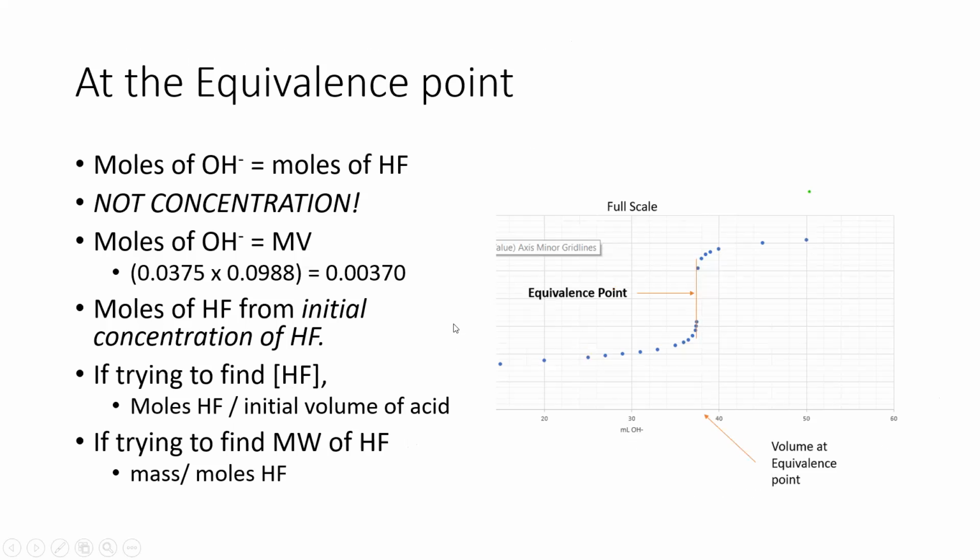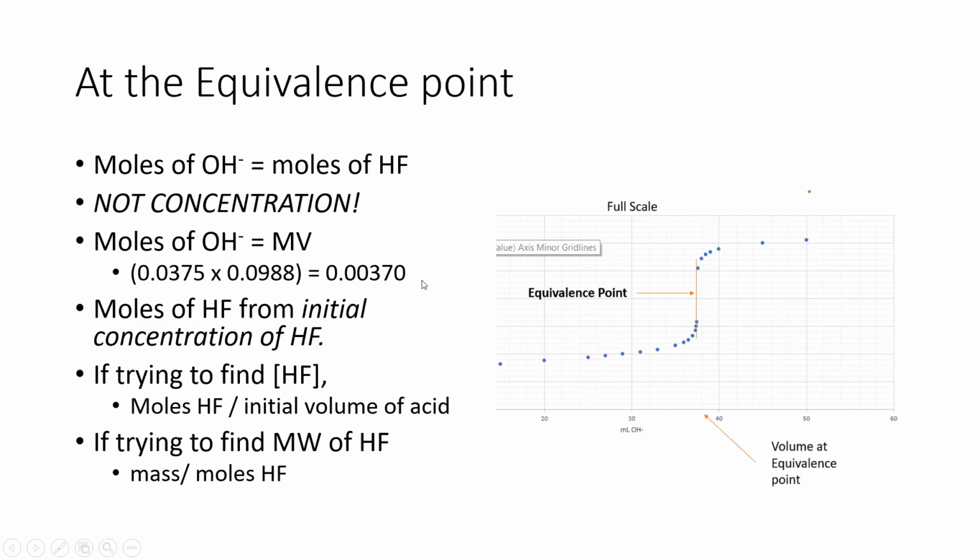All right, so at the equivalence point, the moles of hydroxide is equal to the moles of the acid. Now remember, this is moles, not concentration. Okay, so we have to find the moles by multiplying the molarity of the sodium hydroxide times the volume of the sodium hydroxide. So if I look at this graph, this volume is about 37 milliliters. So I change that to liters, 0.0375, and I multiply that by the concentration. So this is assuming we have a concentration of 0.0988 moles per liter. And that would give me